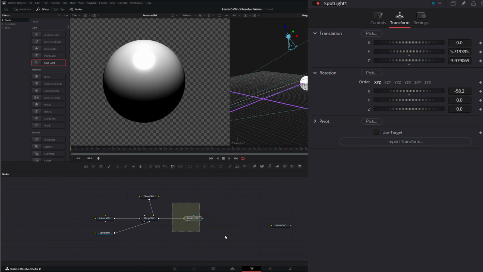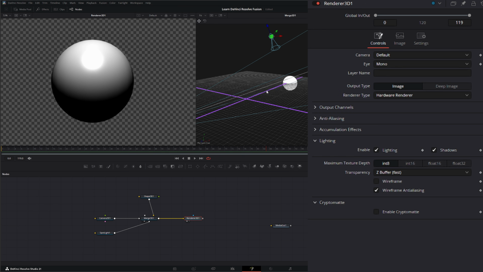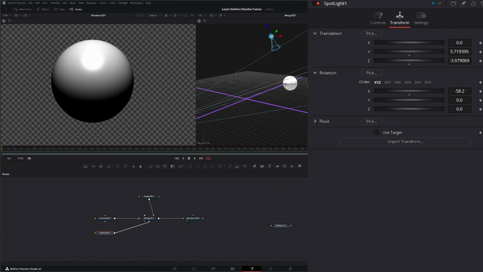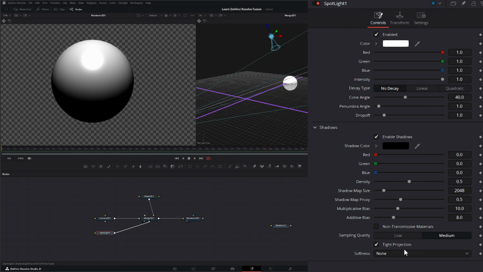Now, as I said before in our little render, depending on whether you have hardware or software, it is going to make a difference and look different. So if I go to our spotlight and do things like go to our shadow here, and if I change this to, I don't know, a variable shadow for our softness, I can change our softness and everything of our shadow. But if I go to our render node,